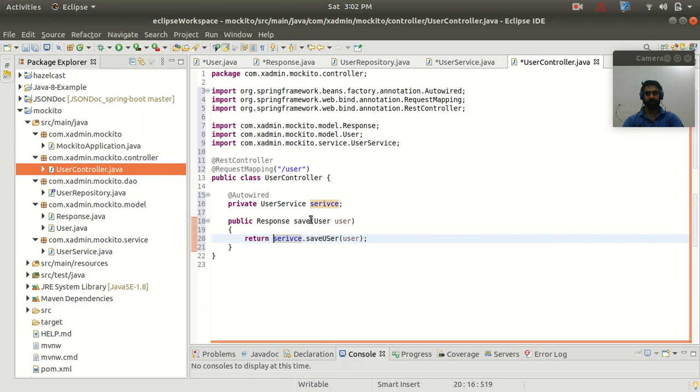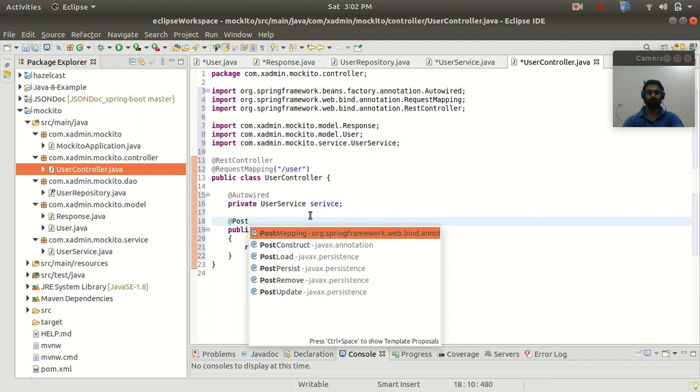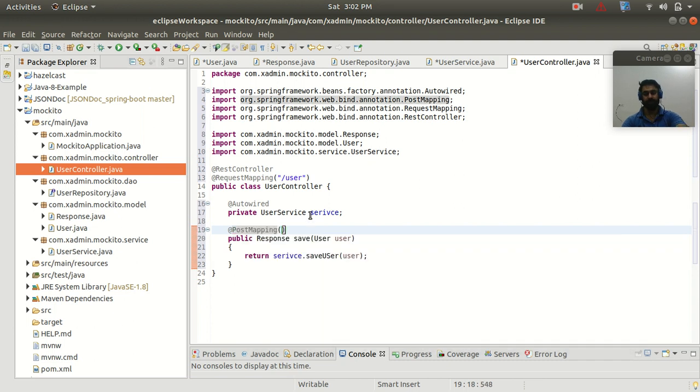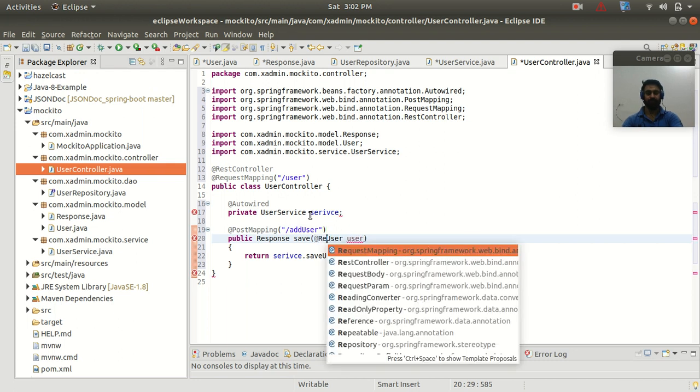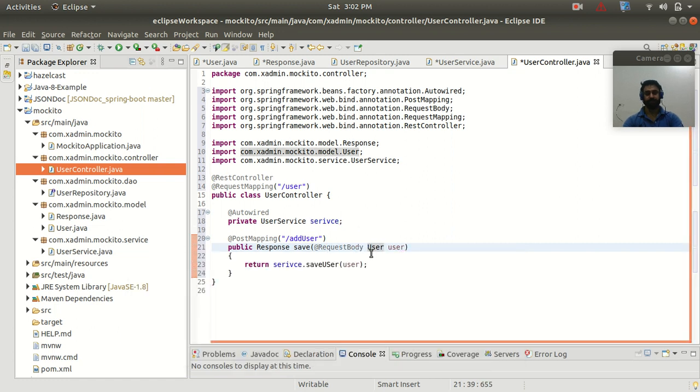And here guys, if you will see, I am marking this with the post mapping because I want this method to be called with the HTTP post method only. So add user as the URL. And here we need to mark the save method parameter as a request body, because guys we are taking this user object from the request body.